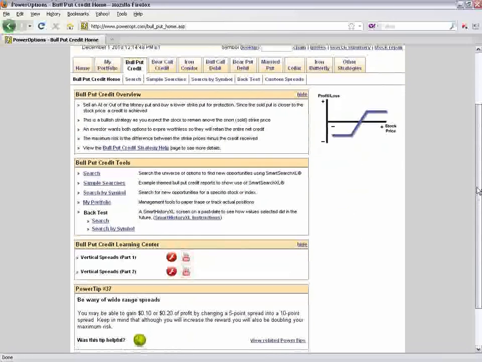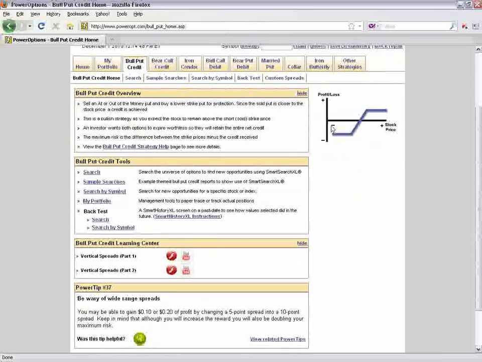So here for bull put credit spread, over to the right we see we have the standard profit and loss. We're in a bullish spread position. We have a capped gain and a capped loss on the position. The first pod that we see in the main strategy home